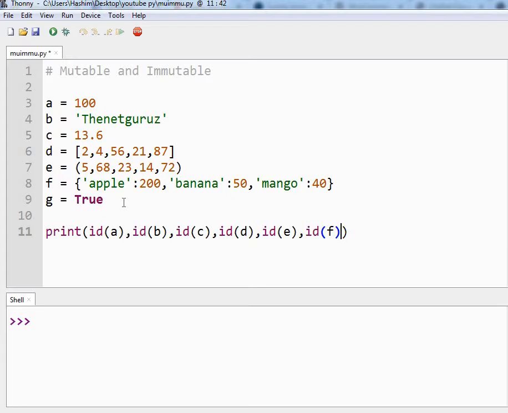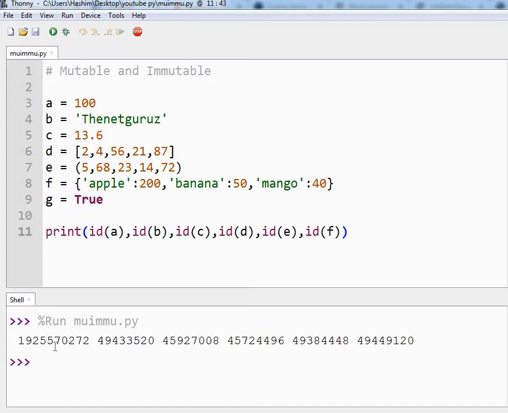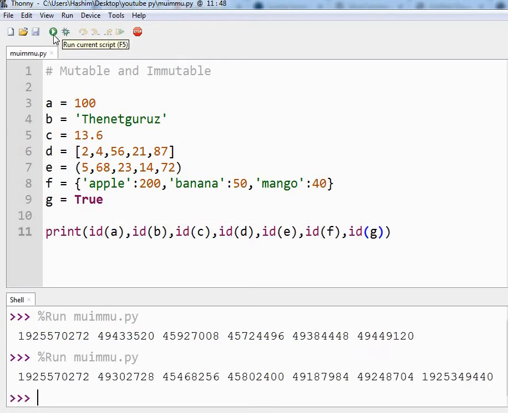As you can see, in this program I am simply printing all the identification values, and if we run this program we will get the IDs 1, 2, 3, 4, 5, 6. We have 7 variables. Okay, I forgot this G variable. So let us just print the ID of this G variable also.